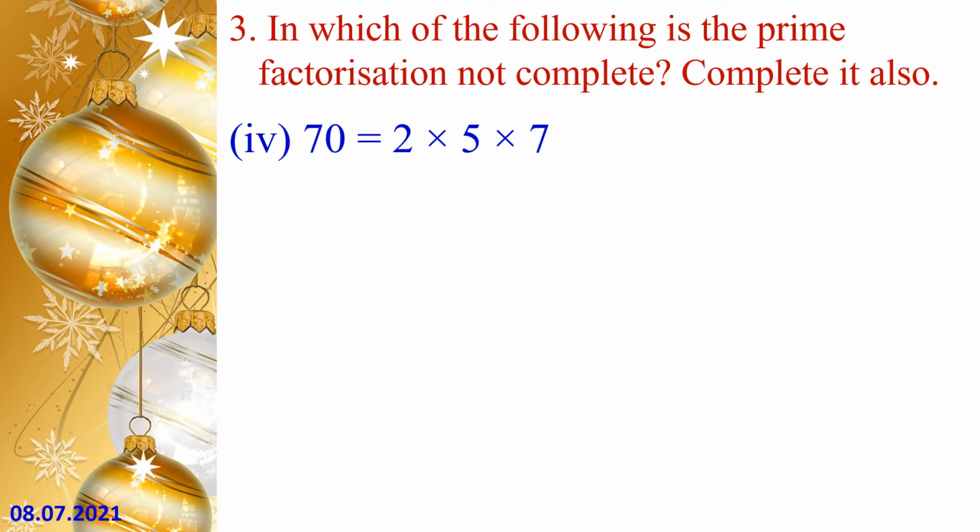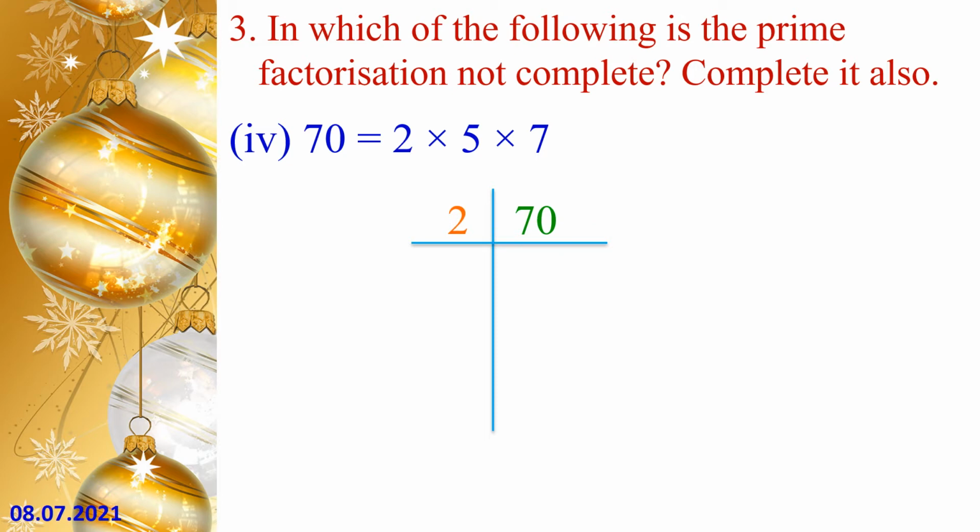So now we want to find the factors of 70. Here 70 is the dividend. Let us decide the divisor. Here 70 is divisible by 2 because the ones place ends in 0, in other words the ones digit is an even number. So 70 is divisible by 2. So let us take the divisor as 2.